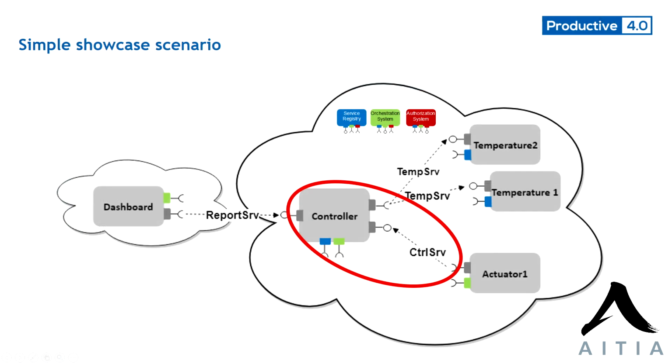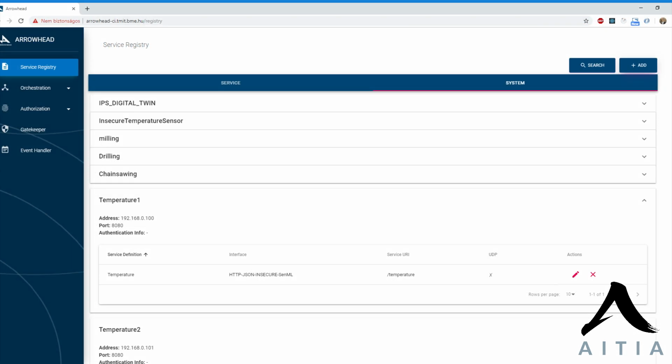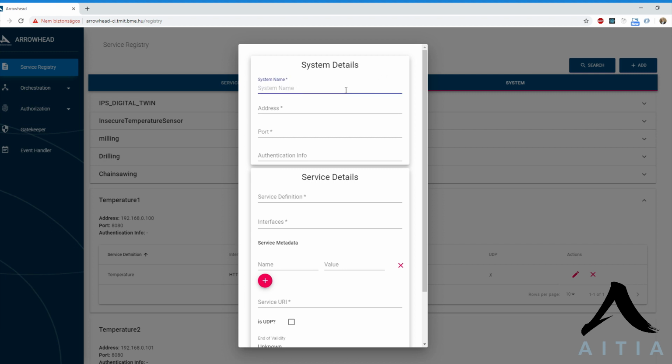Our next step is to create the controller which provides a control service, so I will click again on the add button. I will provide a system name which will be controller. Its address will be similar to the previous ones. I will give it a port. Service definition, it will be control. Its interface will be